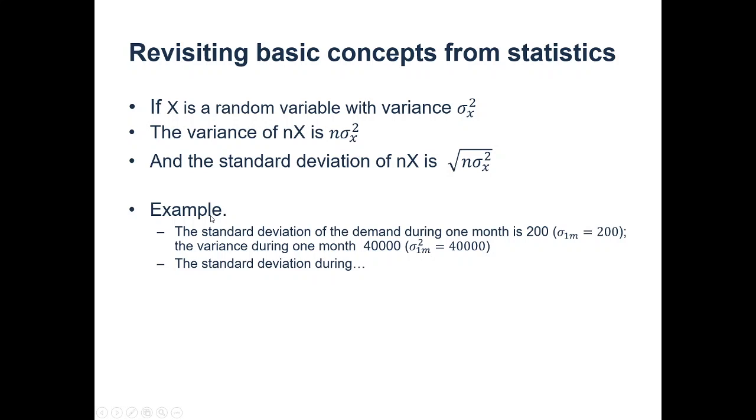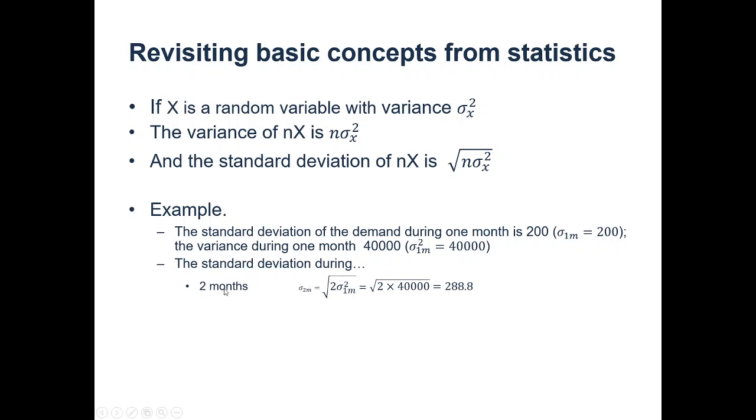As is the case in the Best Buy case, if the standard deviation of the demand during 1 month is 200, the variance during 1 month is that value to the power of 2, which is written here, which is 40,000 computers. So the standard deviation, which is what we want to calculate for us to get the reorder point,